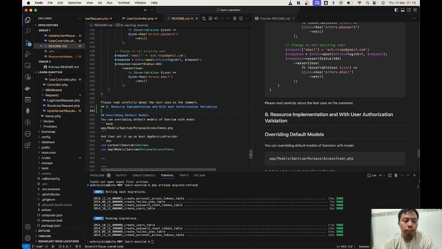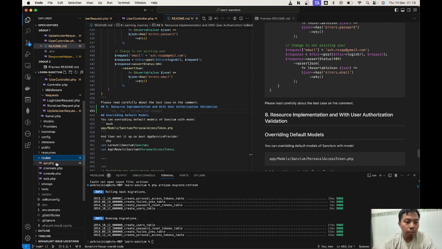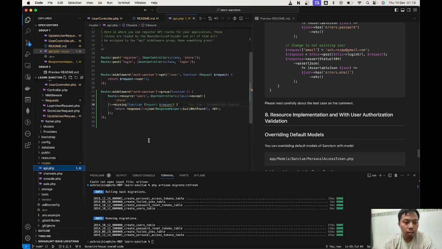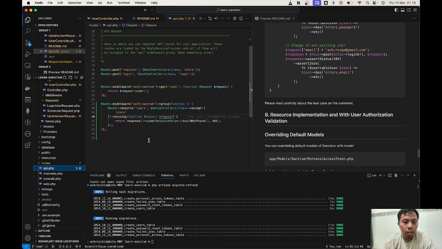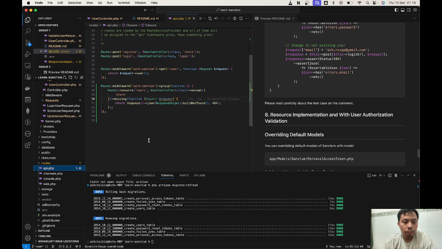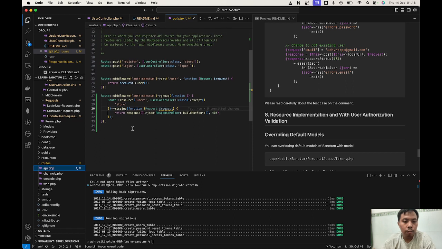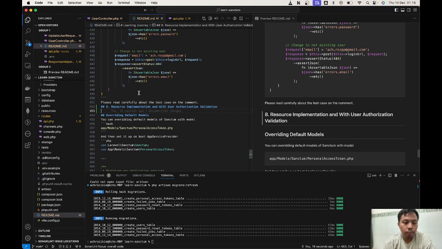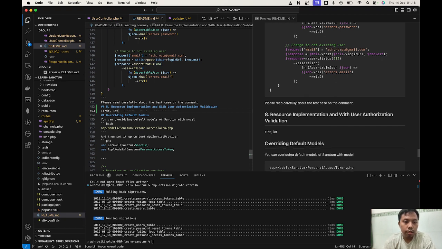Okay, number 1, let's check our routes first. First, we're going to make a routing group with Laravel Sanctum middleware.